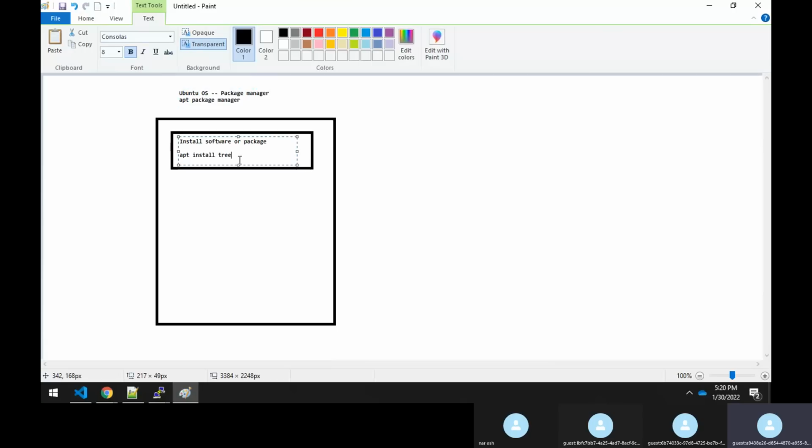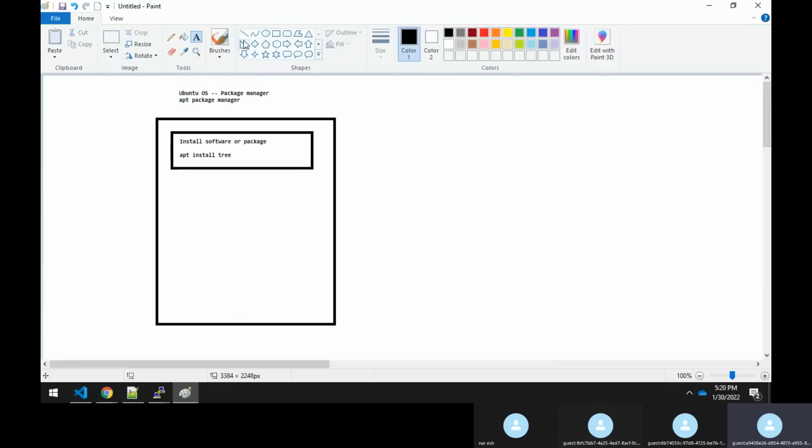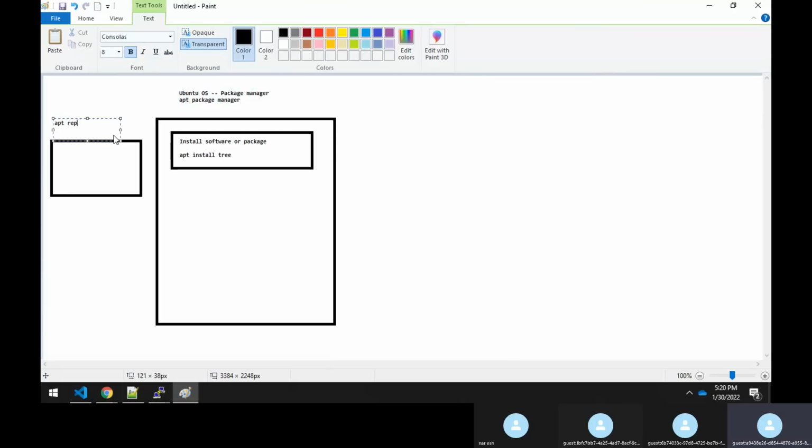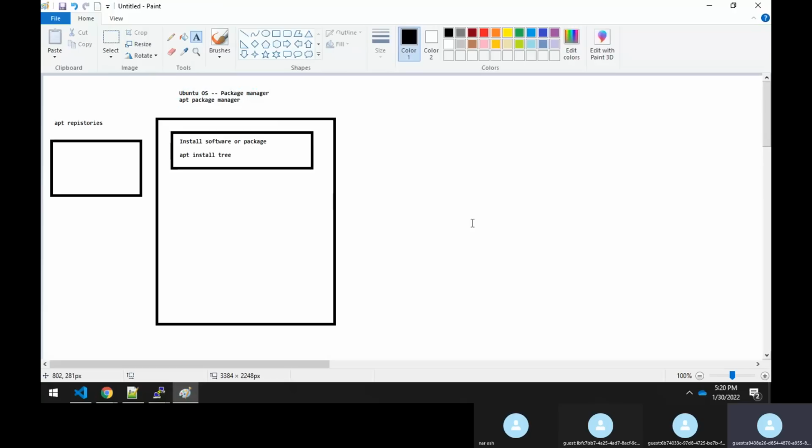Now, how is it getting installed, what is happening basically, sir? This is the Ubuntu operating system of the server. Outside, you have some kind of Ubuntu repository, which we call the APT repository, sir. APT repositories. Whenever you're installing any package, this operating system will try to connect to this APT repository, and from here, whatever the package is there,